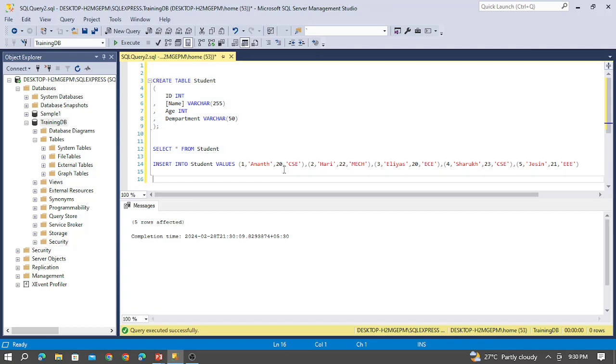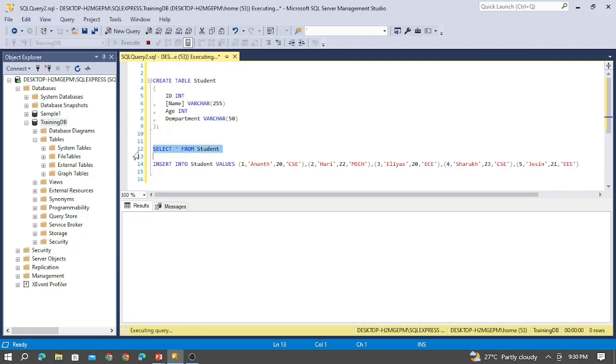So let's select the values now. You can see I have 5 students who are in different